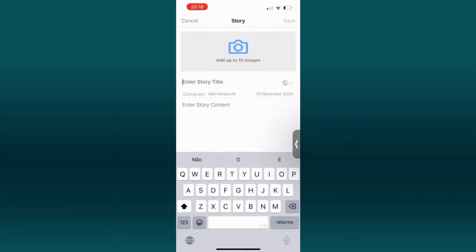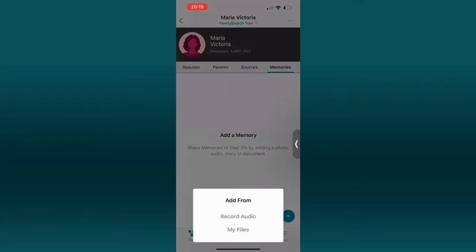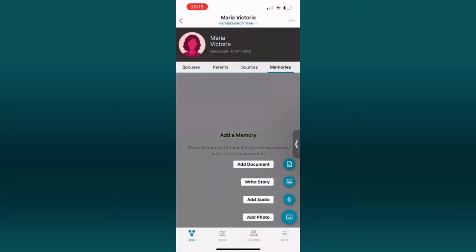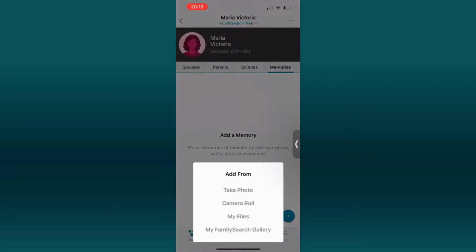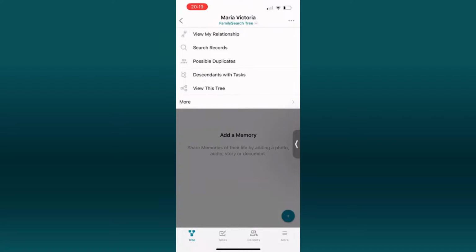Let's go back. You can add an audio. So you can record an audio or select one from your files. And you can add a photo from one of these options. So this is very simple. Again, let's go to the three dots, and then the three dots give you other options. Let's go back to